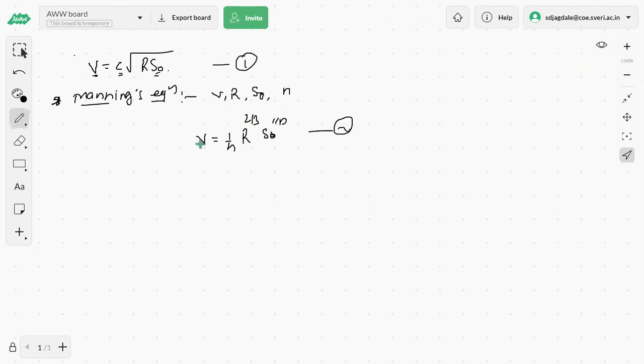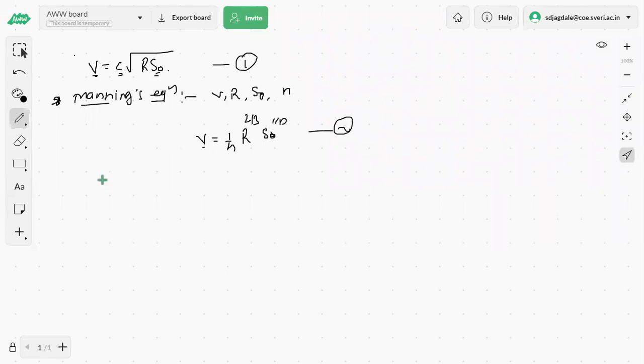Both these equations, Chezy's equation and Manning's equation, are useful for uniform flow computations. Whatever relations they have developed with respect to the velocity and their constants are useful for finding parameters or correlating other things with each other for steady uniform flow conditions. Now we will equate those two equations, because V is common, so the left hand side is common, so we can go for equating.